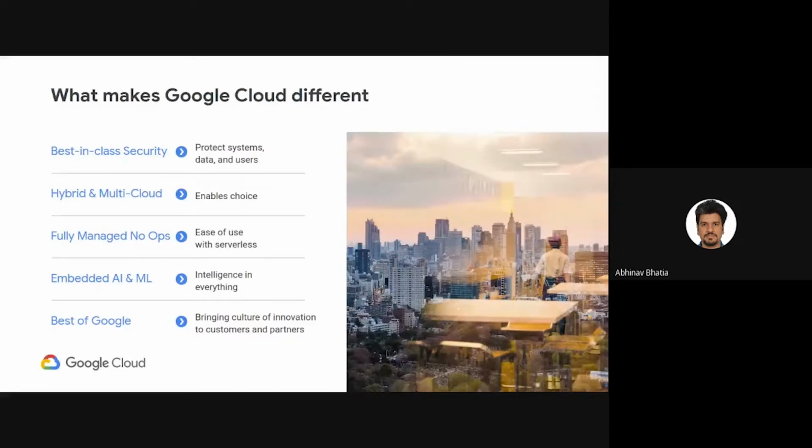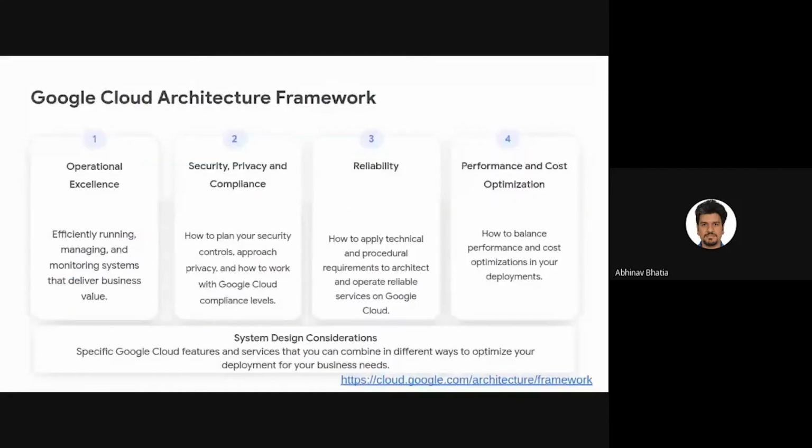So these are those 5 reasons that people have really worked upon and tried to look into, the reasons why it differs from other cloud service providers or other infrastructure companies. And that's where we concluded these are the 5 reasons why customers choose Google Cloud and choose to trust us in the longer run. If we can move to the next slide.